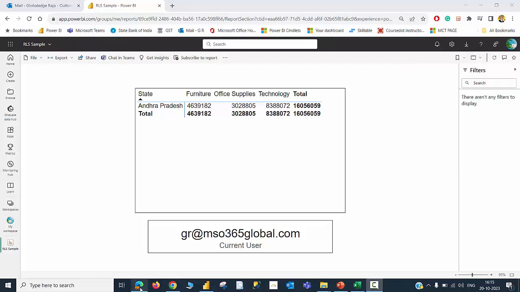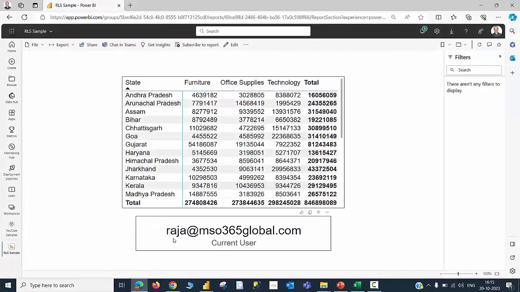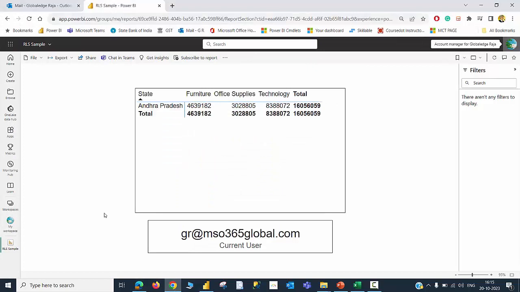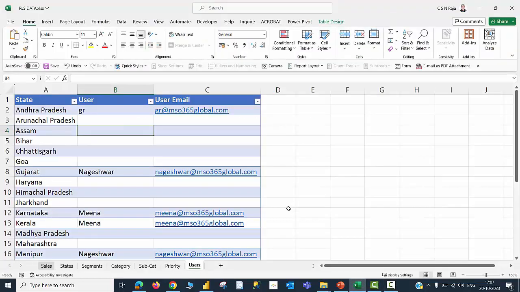Let me go back to the browser in which I have logged in. You can now see this is the browser in which Raja has logged in, and this is the browser in which another user has logged in. For him, the data that is visible pertains to one particular state called Andhra Pradesh as per the row level security role that was designed. This is how a static role can be designed, very simple to design, but it will be very difficult to